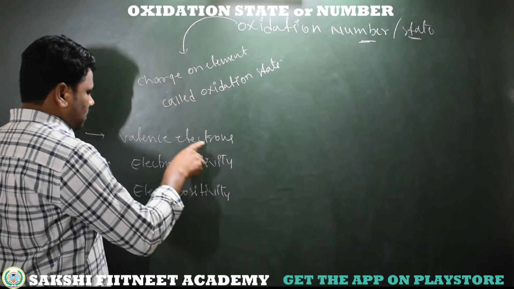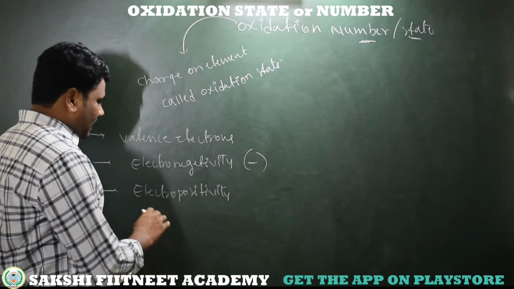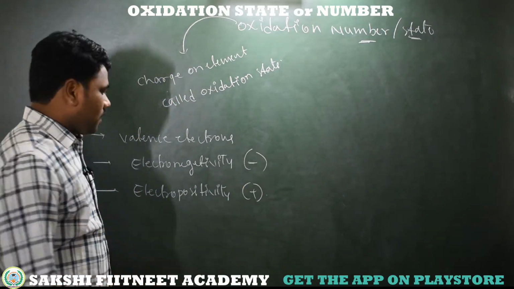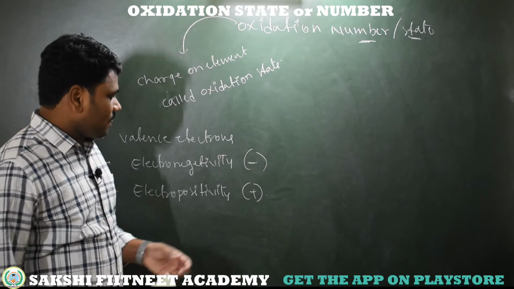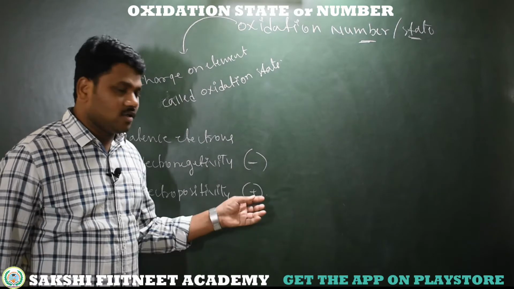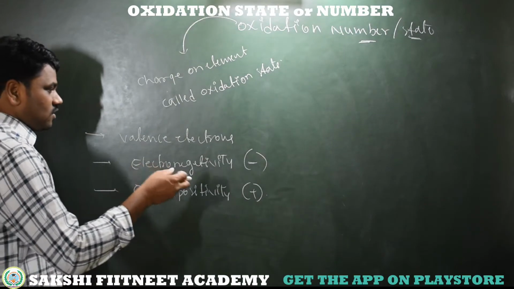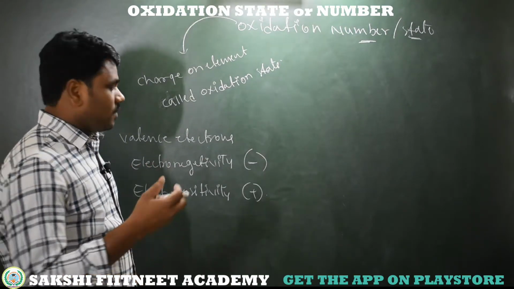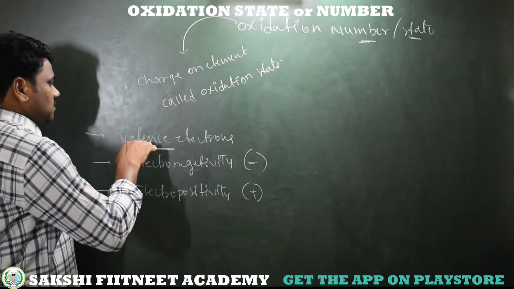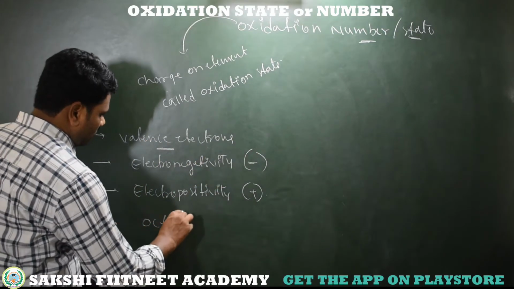See here, the elements which are more electronegative obviously become negatively charged. The elements which show electropositivity, you can give a plus sign to those elements. I hope you understand. The element which is more electronegative gives negative charge. The element which is more electropositive gives positive charge, based on the valence electrons, whether +1, +2 or +3 oxidation state. Why do they show plus charge or minus charge based on valence electrons? That is because of the octet rule.